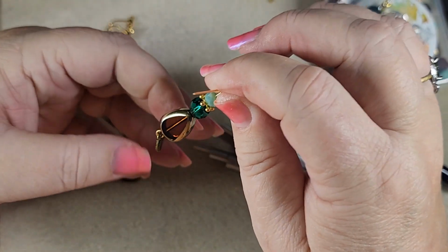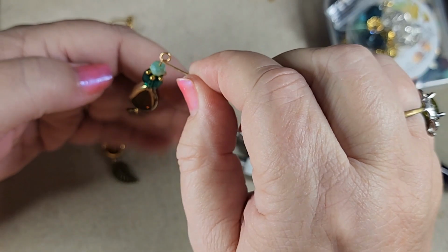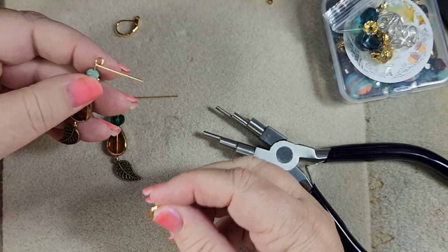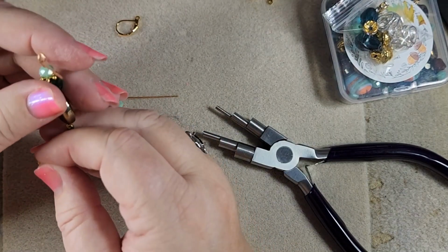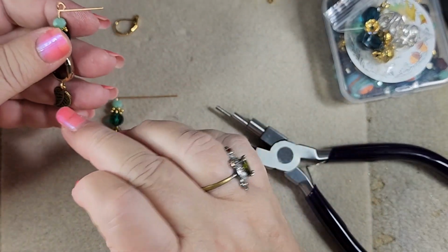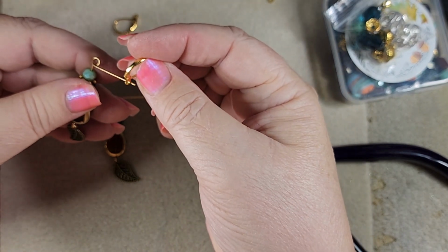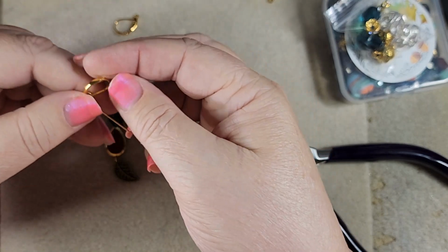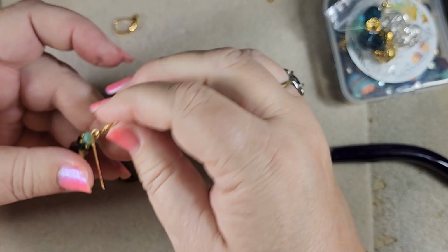Now, when we put our ear wire on, we want to make sure that we put it on backwards to the way we want it to end up. So since I want this to be the front, we take our ear wire and slide it on, the back of the ear wire facing us, then over and through, and as you see, when it snapped in,